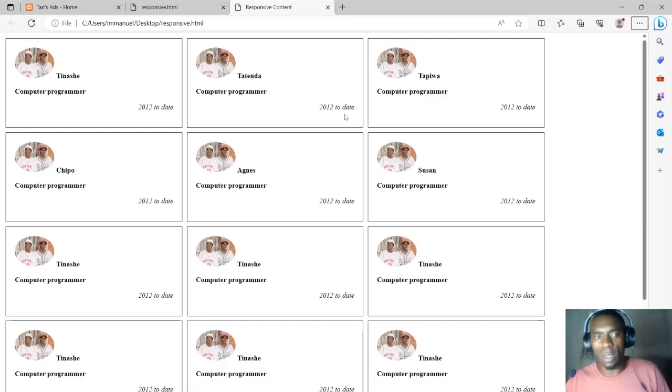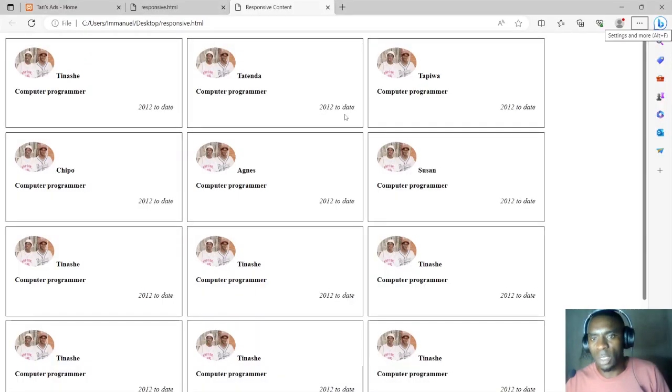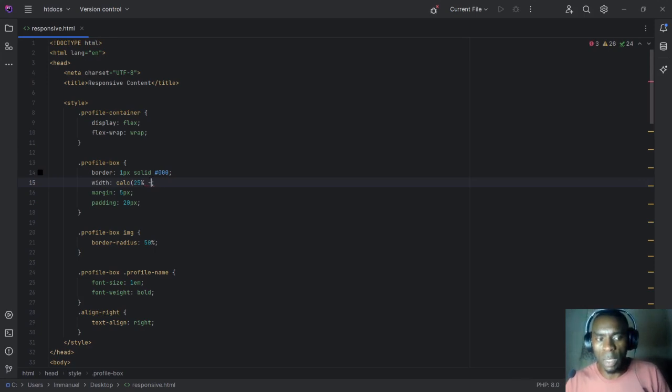But if you noticed, we specified a width of 25%, but for some reason, only 3 items are appearing per row instead of 4 items. So this is because we specified a border, then we have margin, then we have padding. So we can easily fix this problem by using the calc function. In other words, we still want each item to occupy 25%, but we also want to take into account the padding, which is 20 pixels per side. So that would be 40 pixels